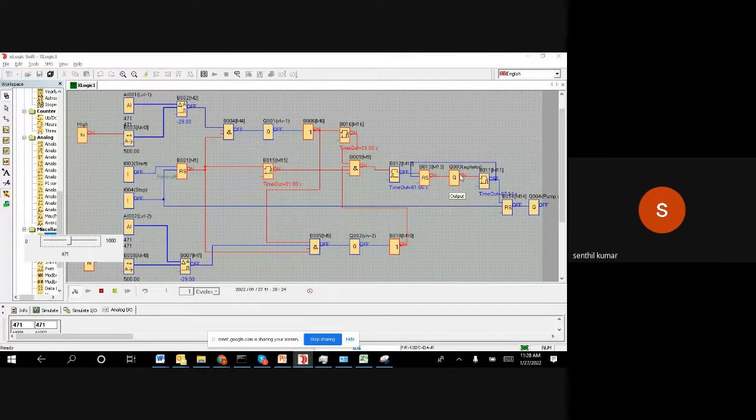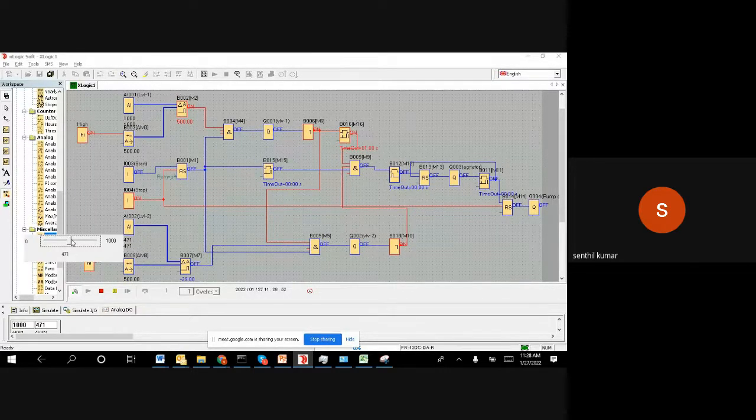And after the agitator is running, 10 seconds later, it has to go off, and the pump has to go on. Pump is on, and every process is okay, right? So far, it worked the way it was expected. The other one also we can test. For example, let us go for the initial